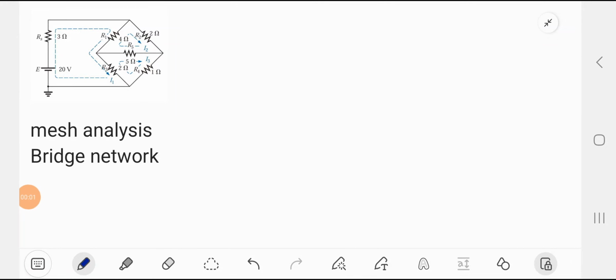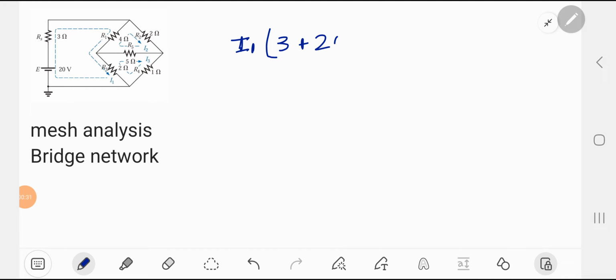Hello guys, today we are going to discuss the bridge network and we will apply mesh analysis. So we have loop 1, loop 2 and loop 3, and for loop 1 we can directly find the equation. According to mesh analysis, current I1 is flowing in loop 1, so the associated